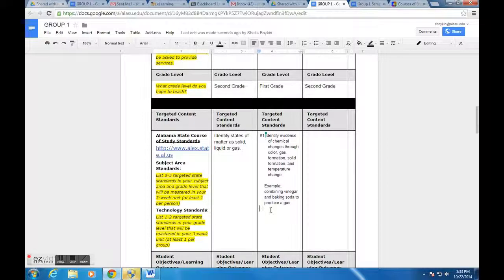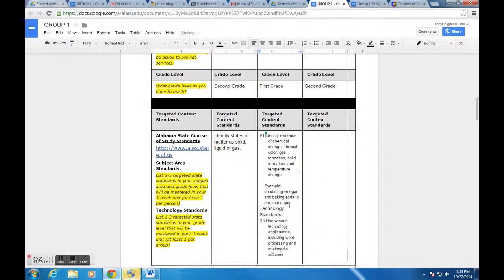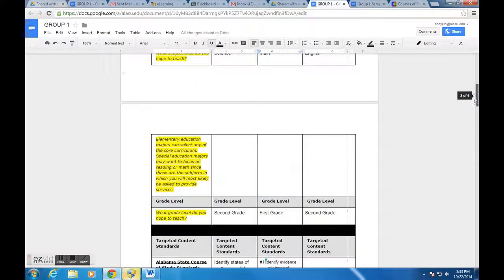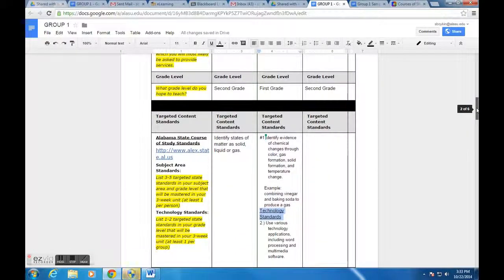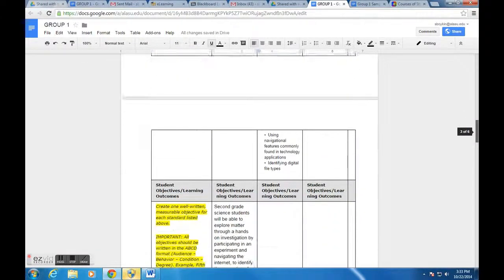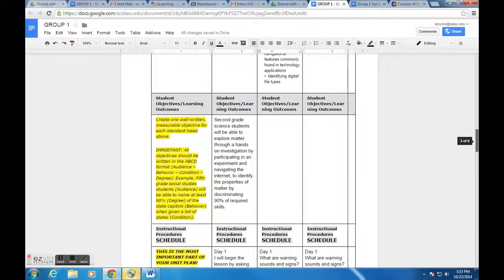Under technology standards, make sure you put that subtitle on your unit plan, technology standards. And then again, you're going to just paste that standard like so. Okay, it's nice if you kind of offset it by underlining your technology standards, so it just makes it look easy to find. All right,